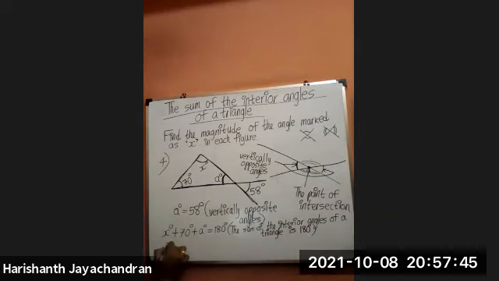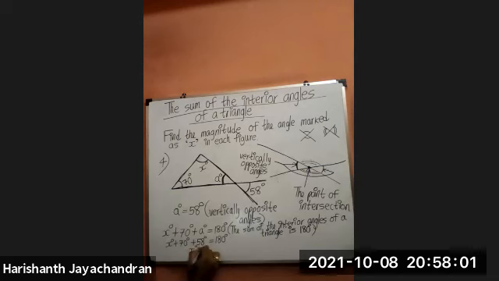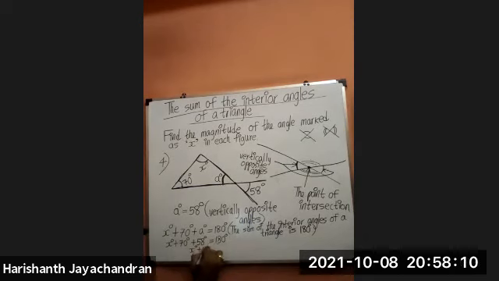So therefore now X degrees plus 70 degrees plus A, and A is equal to 58. So all these three add up to 180 degrees. So I could add these two: X degrees plus 70 degrees plus 58. So 70 degrees plus 58 is equal to 128 degrees,